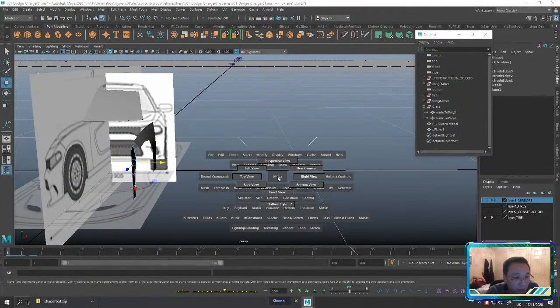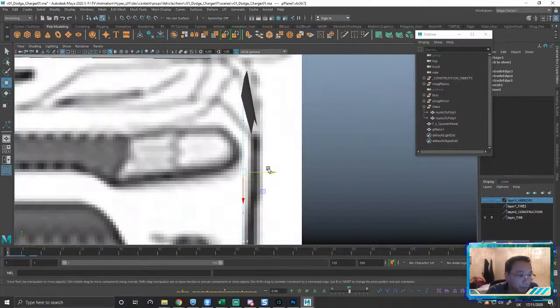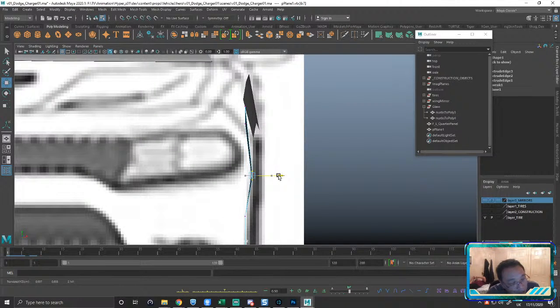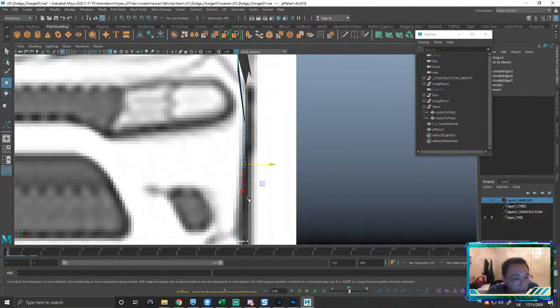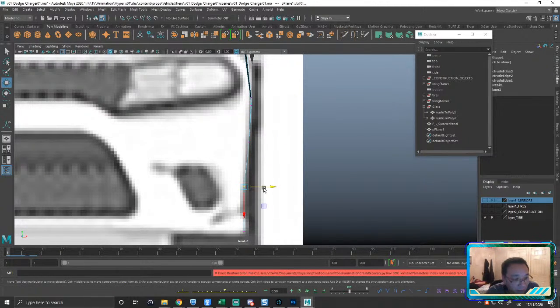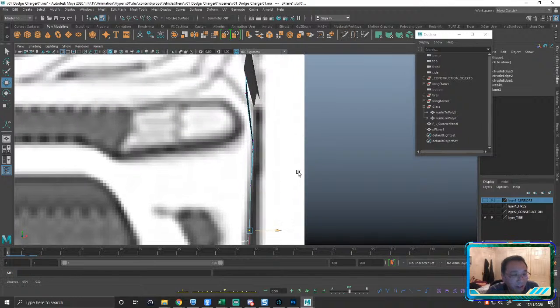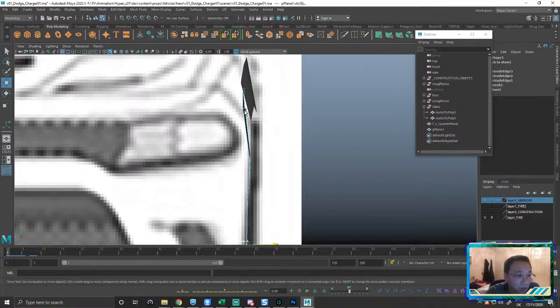Yep, that's cool. So I'm going to go back to my front view. We have a bit of an issue with non-planar faces, so we're going to have to deal with that. A non-planar face means, you know, a face that's sort of twisted, right? And you don't want something that's sort of twisted. So I'm going to grab this, and I'm going to do my scaling trick where I scale this right down to 0.